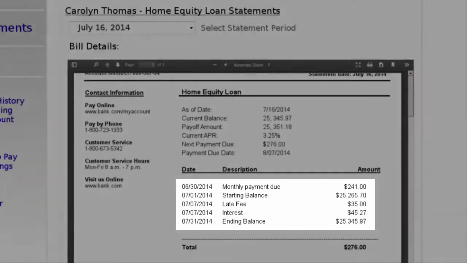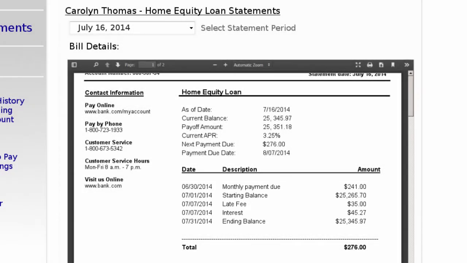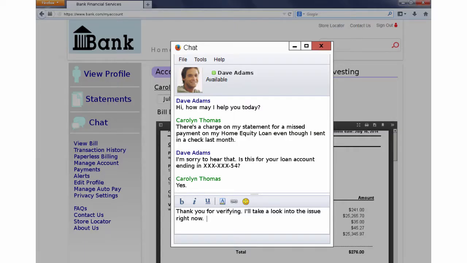She sees that her statement shows no payment on her home equity loan and a fee applied to the loan for that missed payment. She knows this is a mistake because she had deposited a check for the previous payment. Carolyn clicks on Chat to open up an IM session with the customer service representative in order to explain her